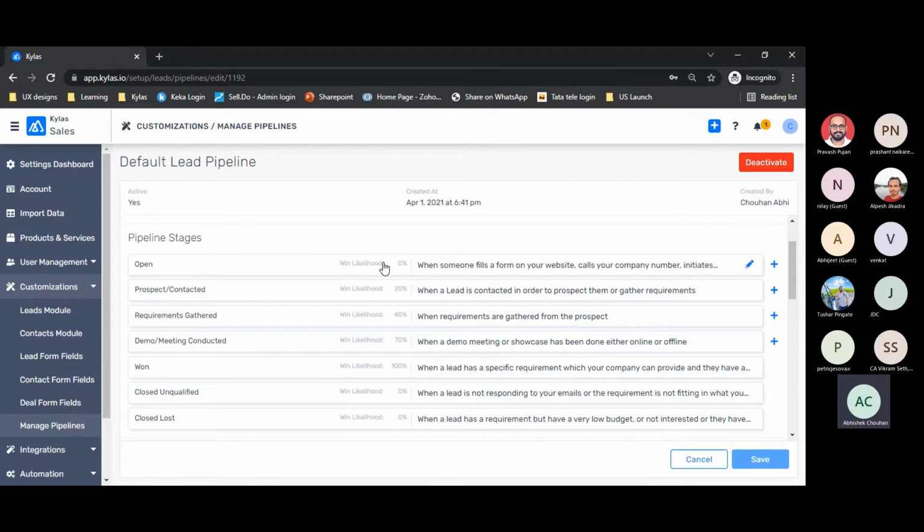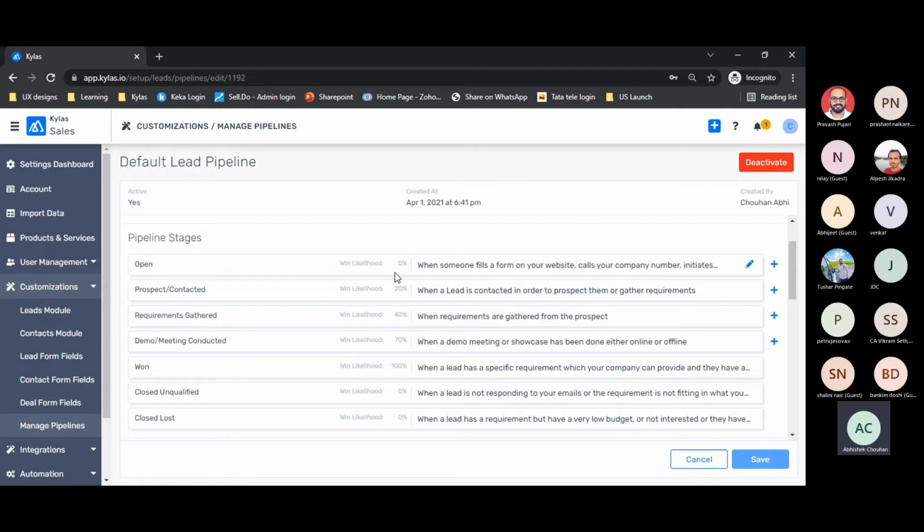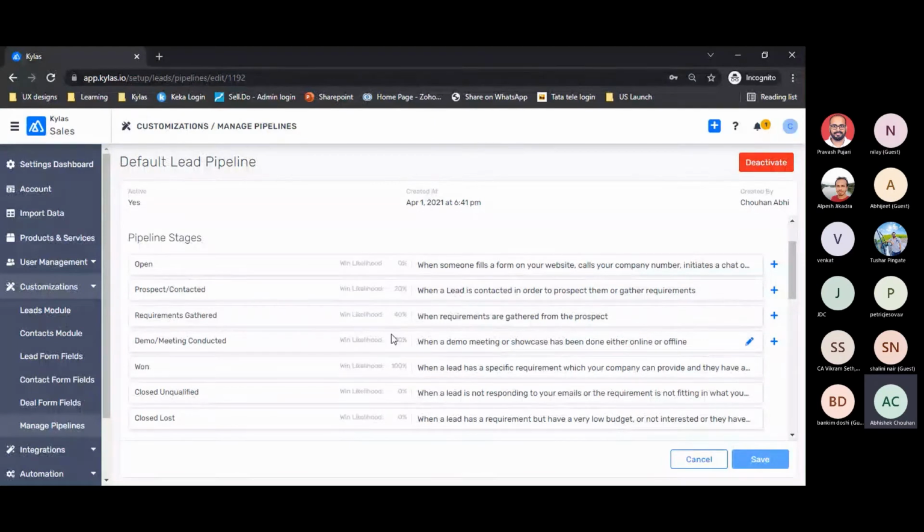signifies the probability of closure of a lead. So every stage has its own win likelihood, let's say 0%, 20%, 40%, 50%, right? So what it means is, if any lead has reached this particular pipeline stage, the likelihood of closing that deal becomes that much percentage.